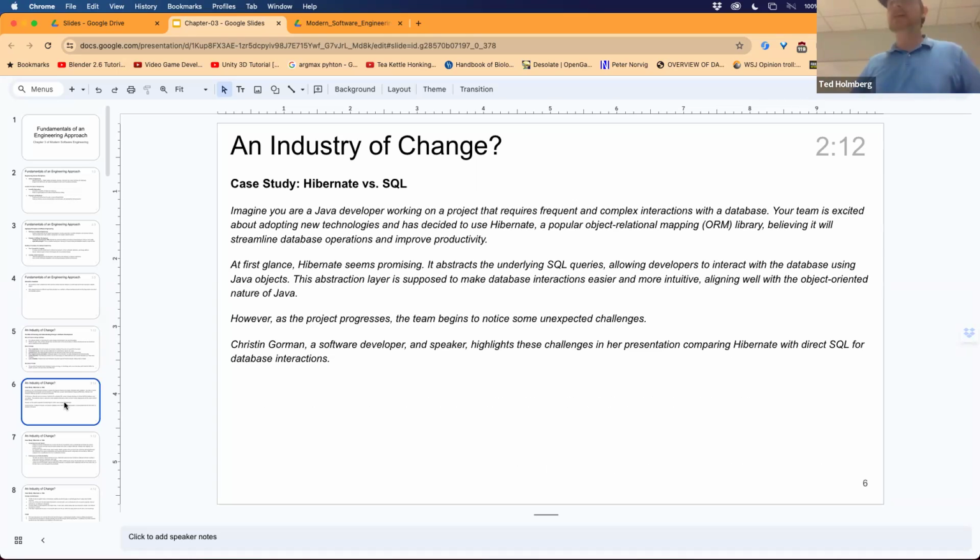Okay, so let's talk about the case study that the book does. So, and this is one that is kind of relevant to you in a way, because it's for Java developers in particular. And so here, let's set up the narrative. First of all, the case study it's a comparison between Hibernate versus SQL. Has many of y'all taken databases already? So you're already familiar with what SQL is and what the role and responsibility of SQL. Has anyone worked